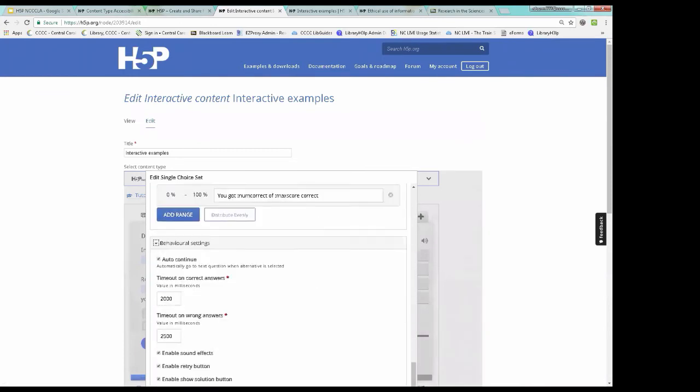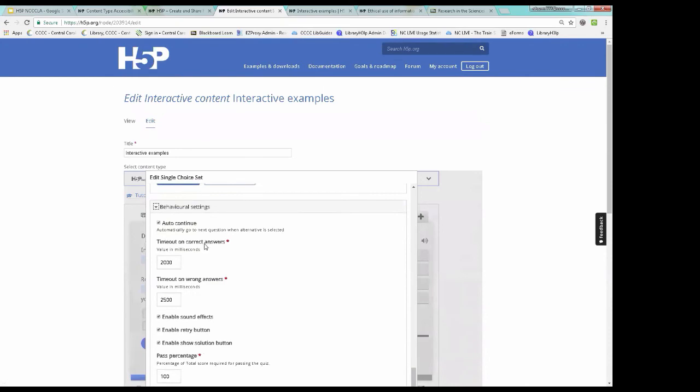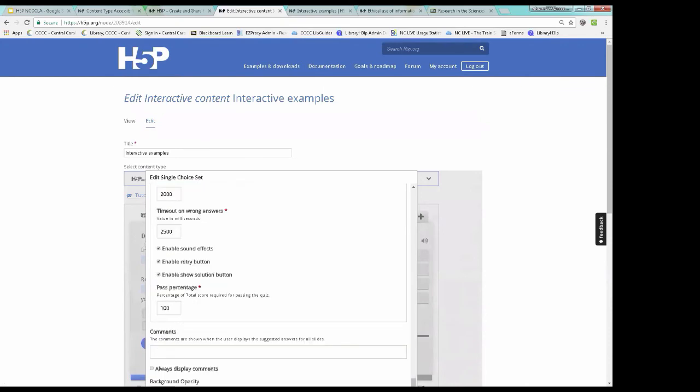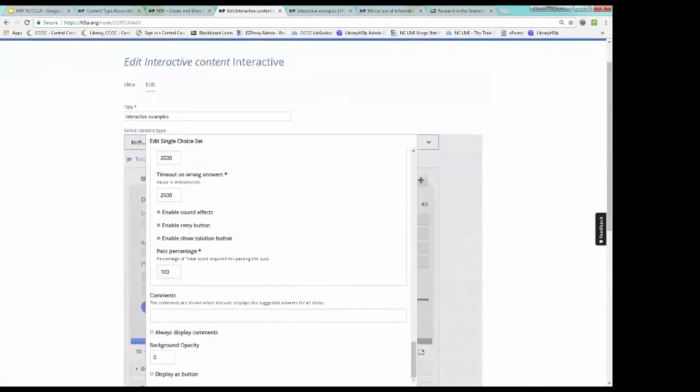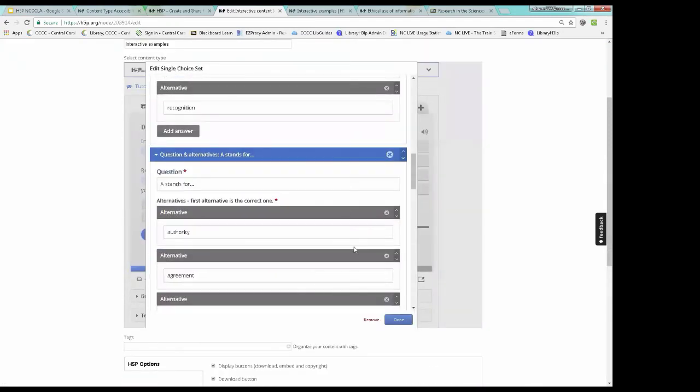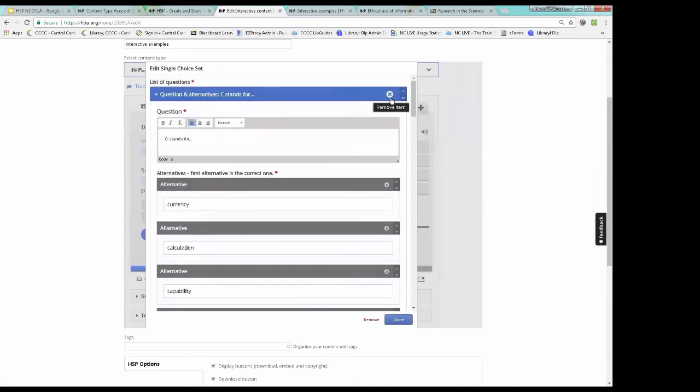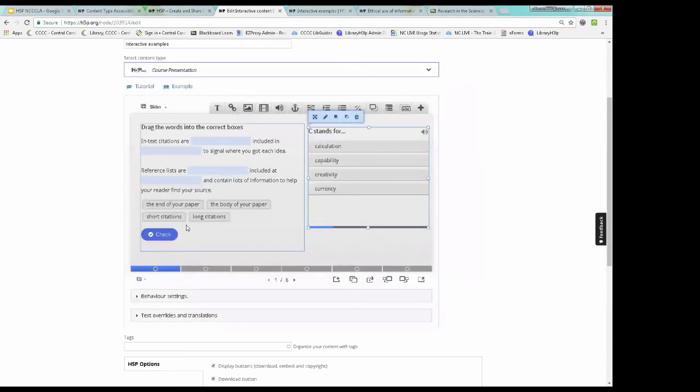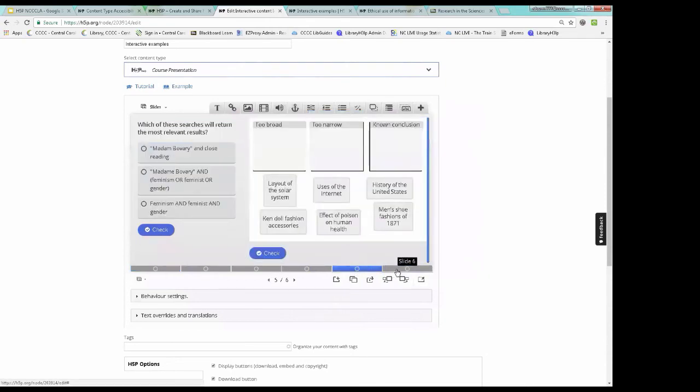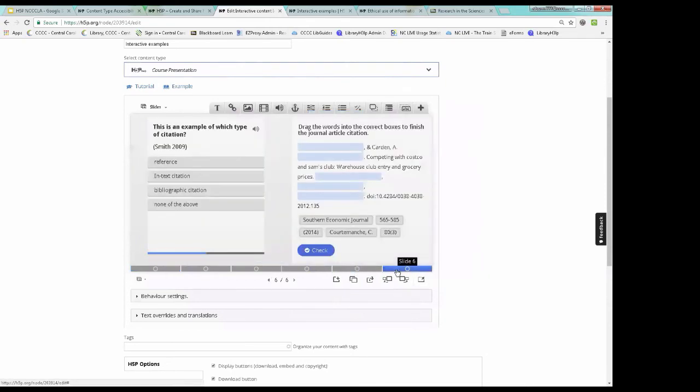Overall feedback. There's a timeout for both right and wrong answers that I think you could use. I'd recommend playing around with it. It's not something that I've used before, but it looks like it could be interesting. What would you use a timer for? Just out of curiosity. Well, I'll keep going. Esther, if you figure out what you would have wanted to use that timer for, let me know, and I'll think if we can come up with a way to do that.